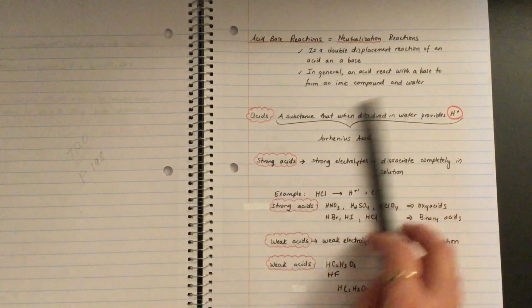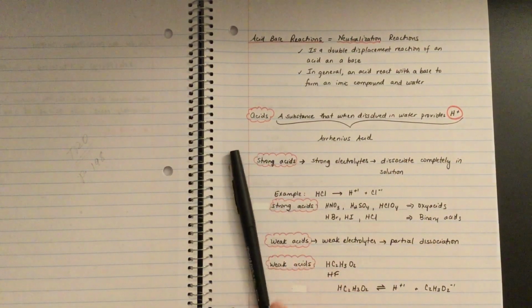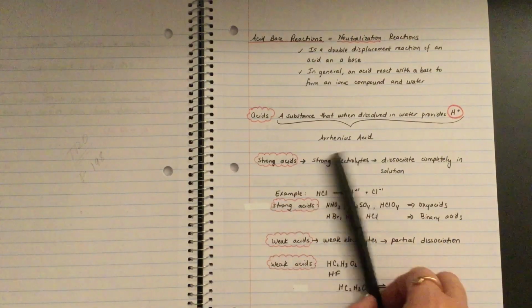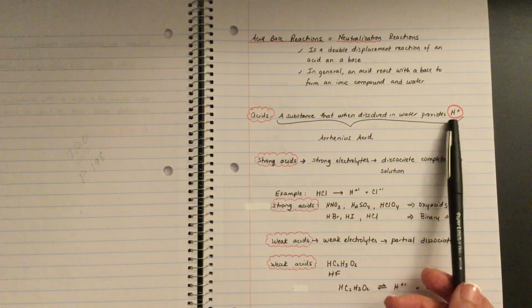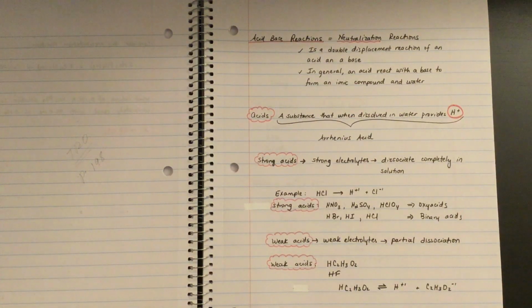There are different definitions for acids, and I'm going over just one of them because it's the one that works with the examples that we're going to be doing. So Arrhenius acids are defined as substances that dissolve in water to give you a proton, or the ion of hydrogen. Acids and bases